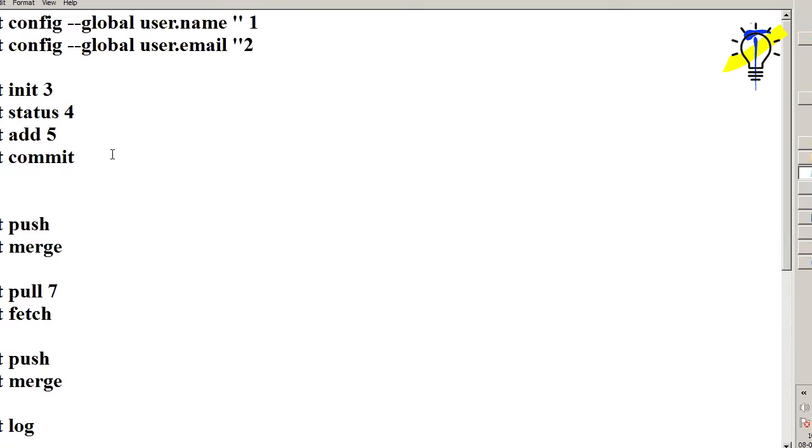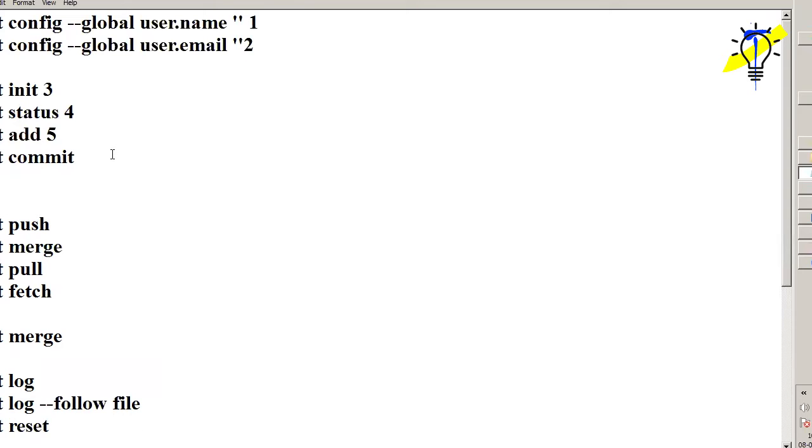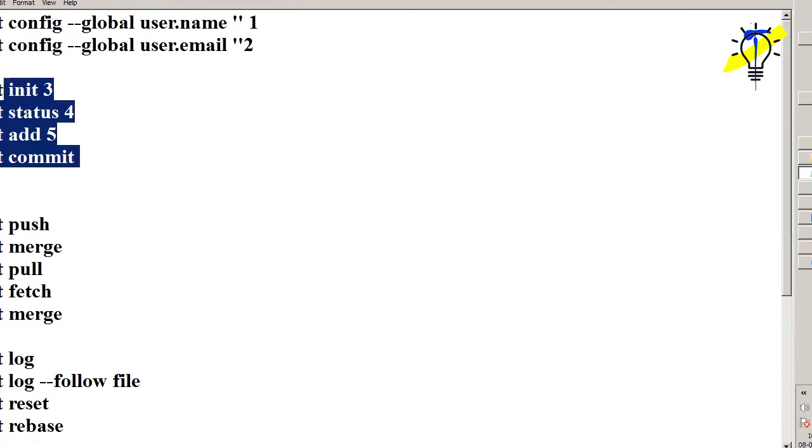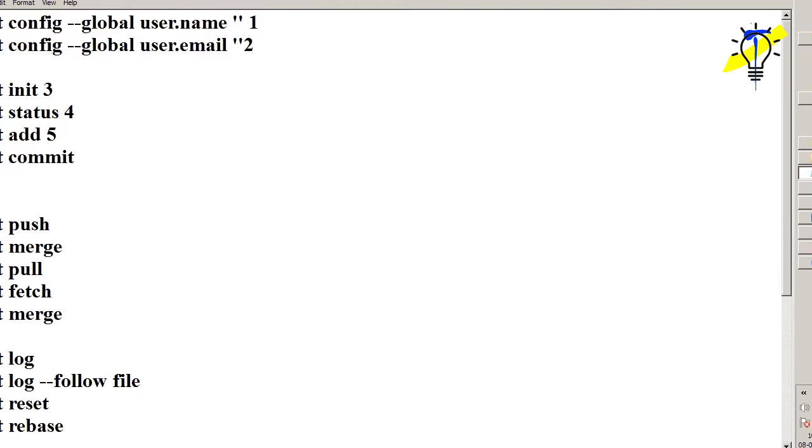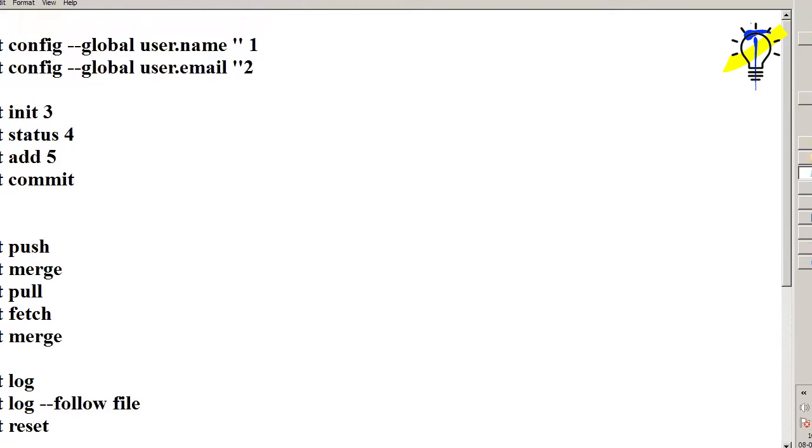Git push, git merge, git pull or git fetch, whatever commands you're talking about, will come after that, including git merge as well, or logs. This is the basic command, and you can consider it stage 1. In stage 1, you give the author details.